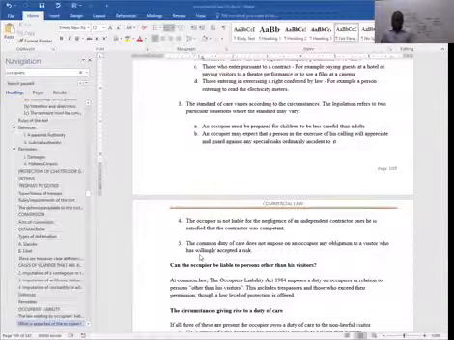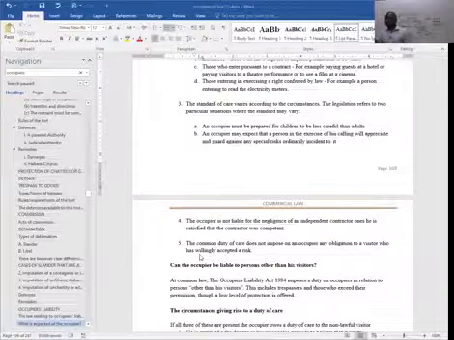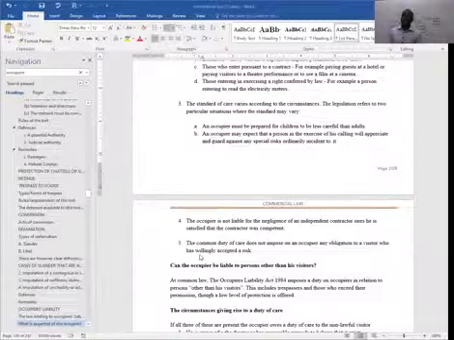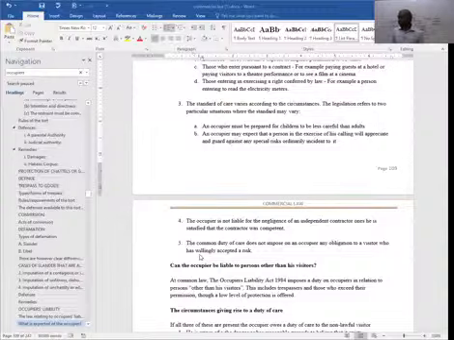So that's why they're saying that in case of services provided by an independent contractor that come up with that particular building or premises, the occupier might not be held responsible, but it will be that particular independent qualified contractor who will be held personally responsible. Then the common law duty of care does not impose on an occupier any obligation to a visitor who has willingly accepted the risk.